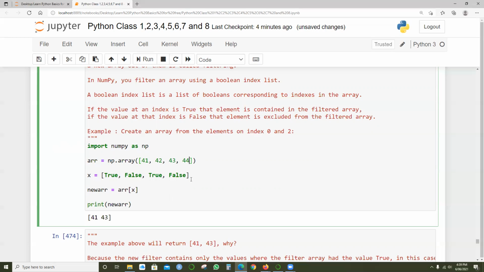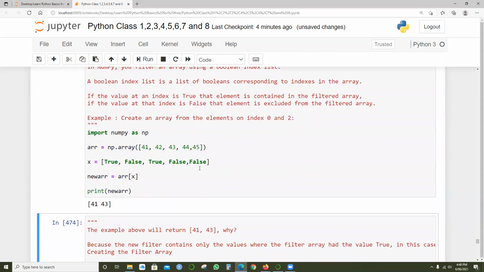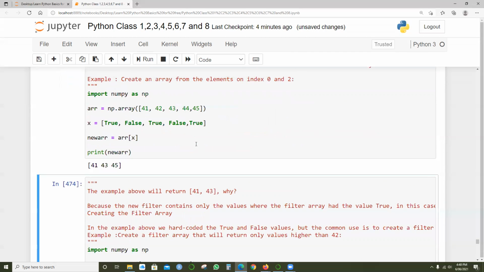Just in case, to add more information, I've added another element here, and this time I'm giving false. What will happen here? Will it print or not? Okay, it is not printing. Why? Because I'm saying false. And what will happen if I say true? This time it will print, right?